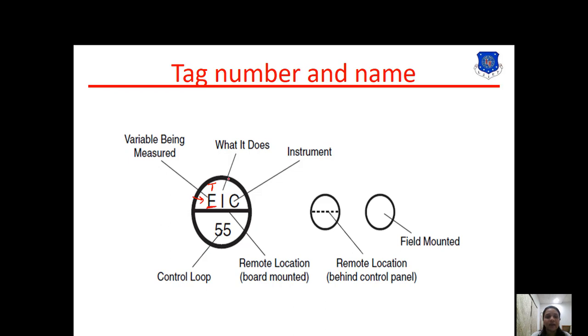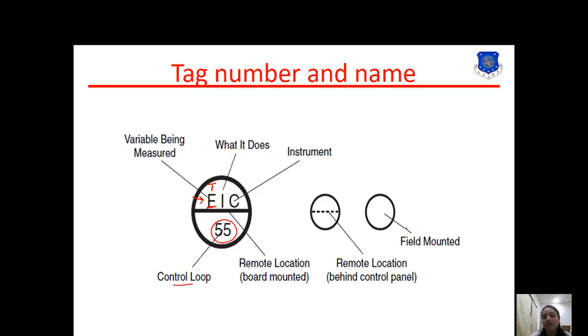I indicates what it does, and C indicates the instrumentation. So FIC means flow indicator and controller. Here one number is given, 55. It is the control loop tag number. In every process and instrumentation diagram a tag number is given, so 55 indicates the control loop tag number.